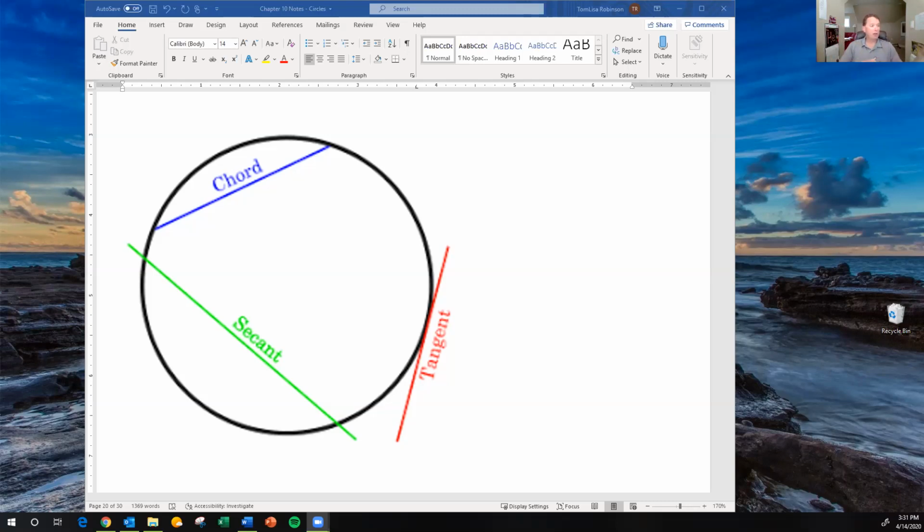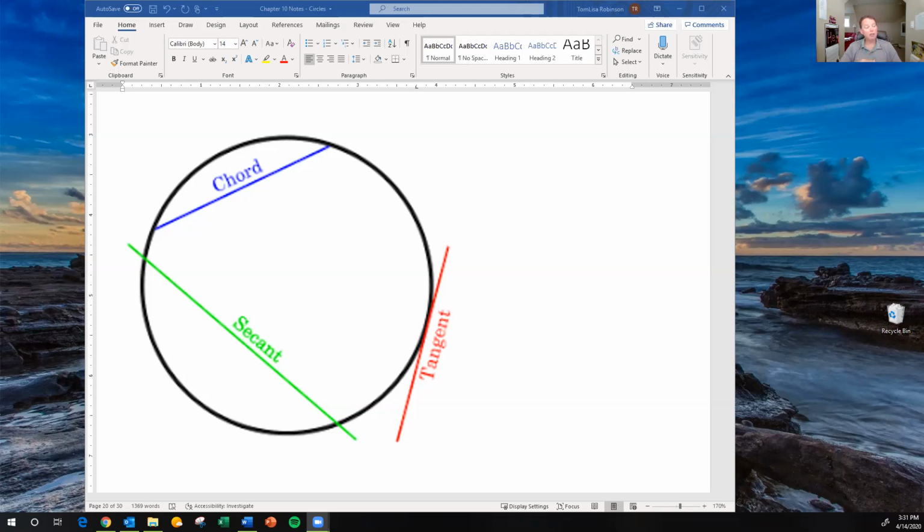So if you look at the screen, you'll notice that we've talked about tangent lines. Those are lines that touch the circle only once. We've talked about chords, which are segments that connect 2 ends of the circle and that lie inside the circle. Today we're going to look at the third one, which is called the secant. And a secant is kind of like a chord that's all grown up because it extends outward in all directions. You can put arrows on the end of that, and that would be a good picture of what a secant